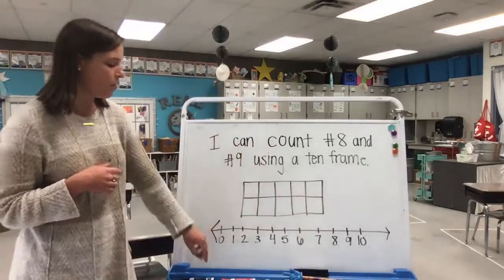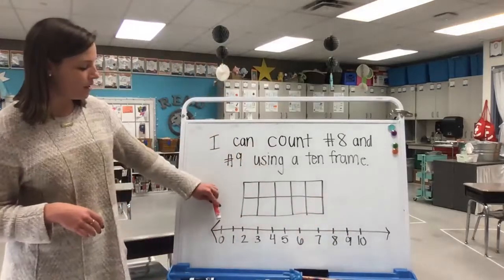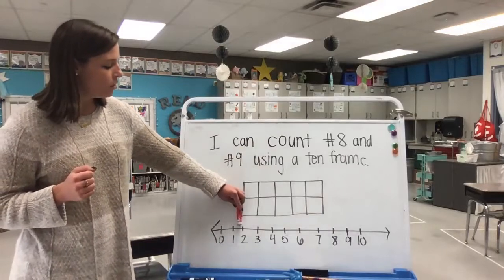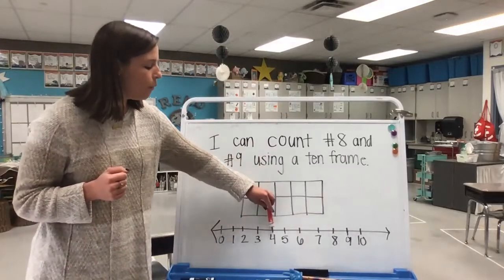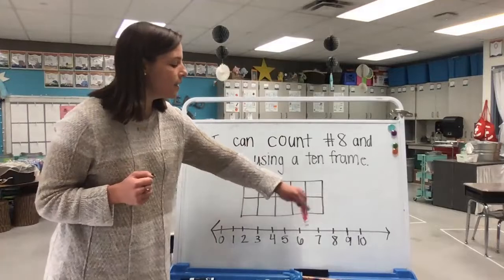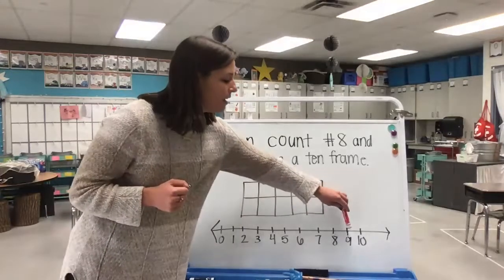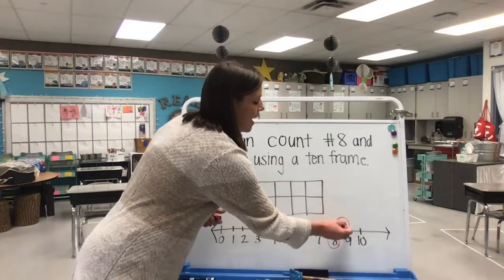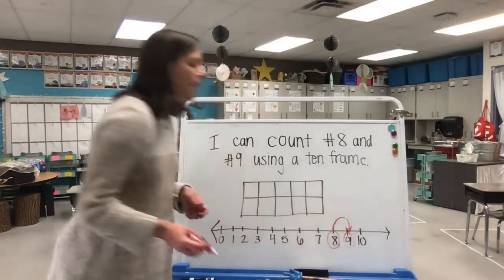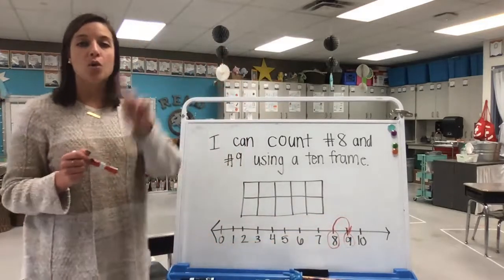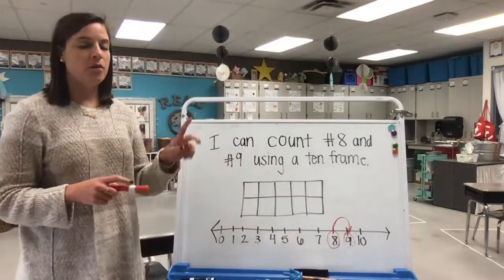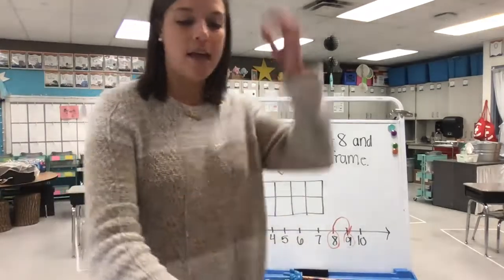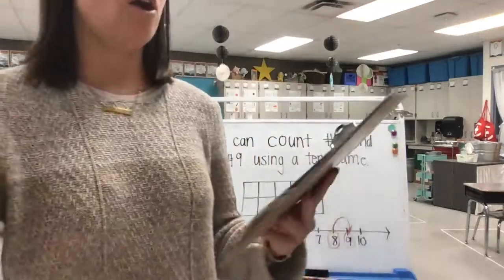So let's count up to those numbers together. I'm going to point to the numbers and I want you to say them with me. 0, 1, 2, 3, 4, 5, 6, 7, 8, 9. So we have our number 8 first, which means that 9 is one number greater than 8. So 9 is one more than 8. And we will be practicing both of those today. So let's go ahead and take a look at our Solve and Share